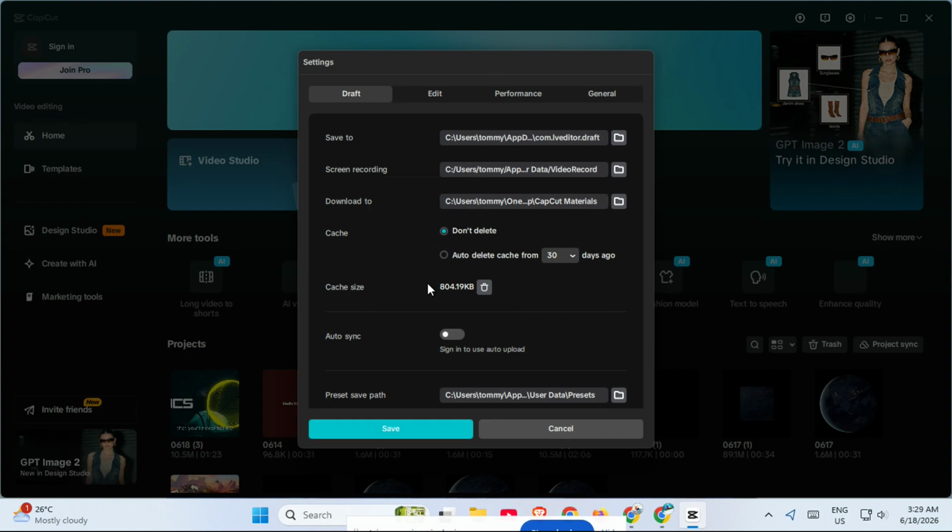And that's it. You've now cleared CapCut storage on PC by removing draft data directly from the app settings. It only takes a minute, but it can help keep your computer running smoother and give you more room for